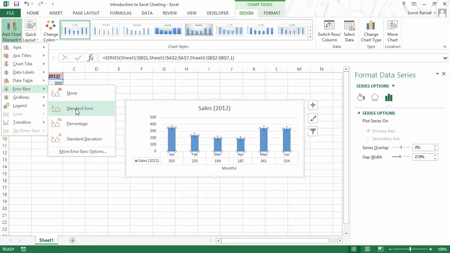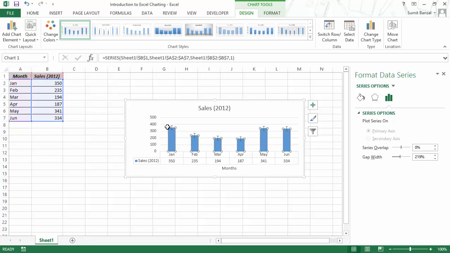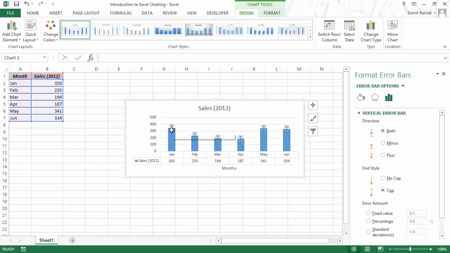Error bars, let me talk about error bars, and I will show you a very good example on how we can use it to create very good and dynamic charts. But let me talk about it. Error bars are nothing but they show you the error that you want for that particular data point. So in this case, if you select this error bar and you look at the format error bars task pane,